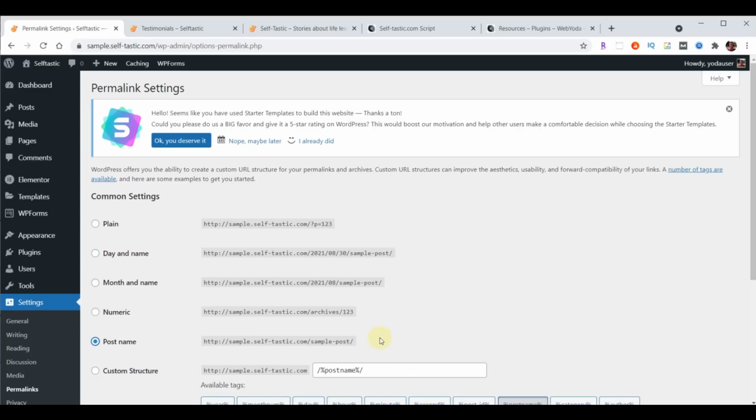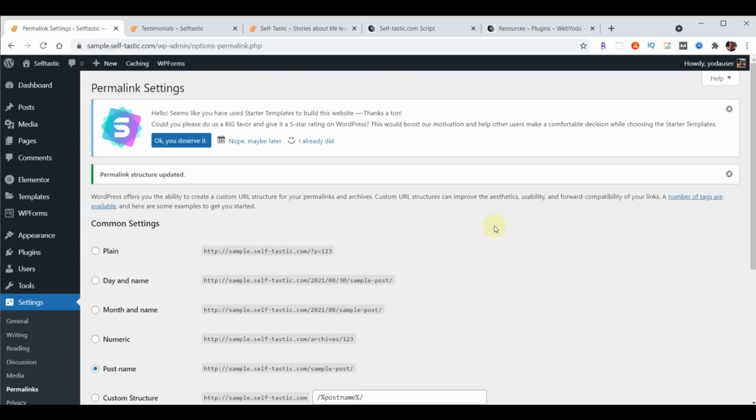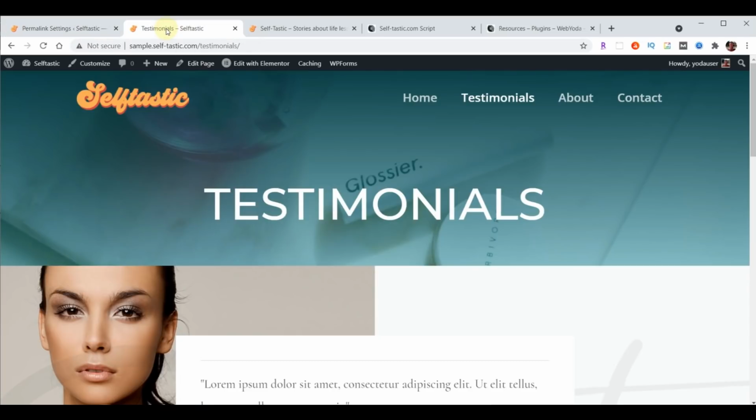And so if you're following along and you built your website with a different theme or something like that, yours may not have the permalinks set the same way we want to set them. Typically, post name is liked better by search engines, so we like to use that. Now I'll scroll down, hit Save Changes,